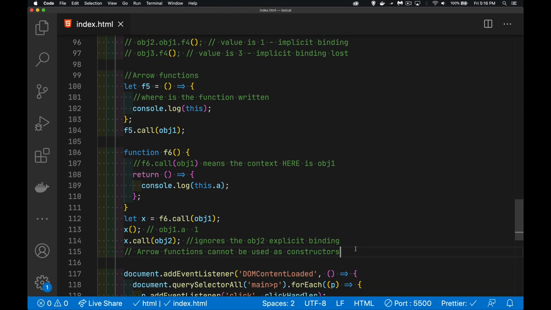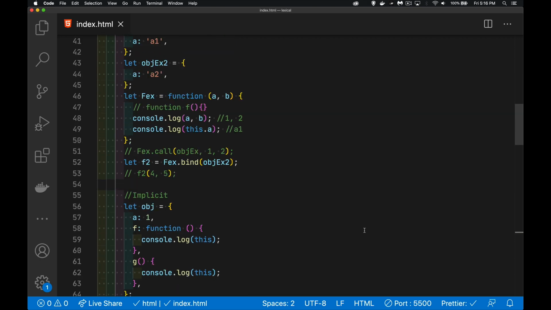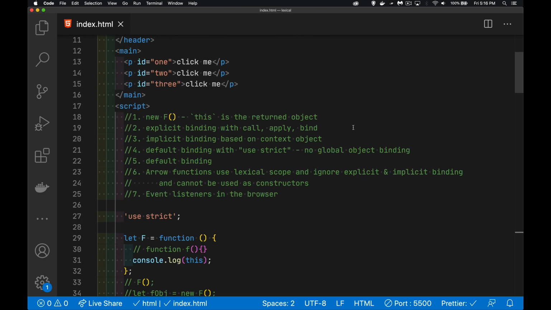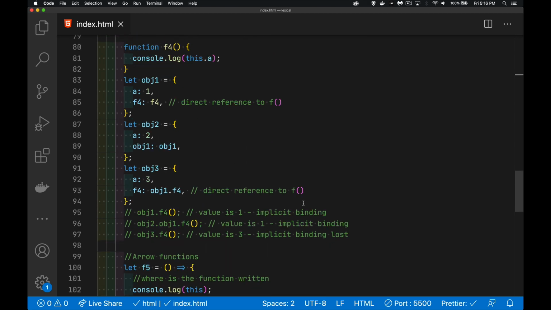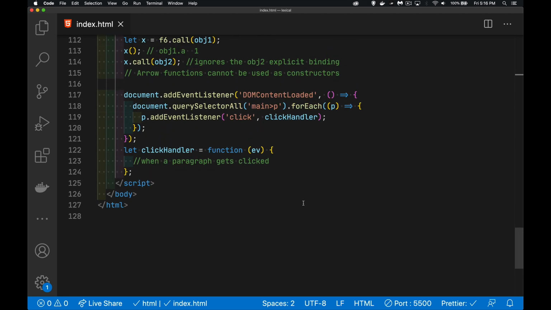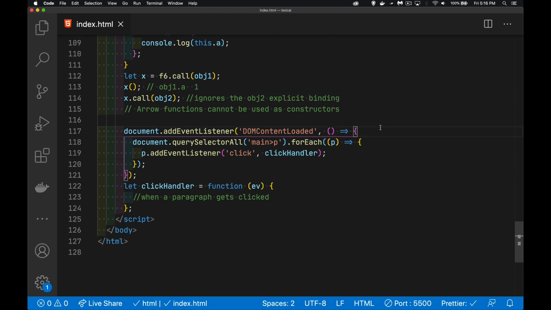Nothing's going to work. All right, so I think we got everything here. We talked about constructors. We talked about explicit binding. We talked about implicit binding and a bunch of permutations of that. Use strict we talked about, the default binding we talked about, arrow functions. We talked about, in the last part, event listeners in the browser. This one's going to be easy now. So down here, what I did was I waited for the DOM content loaded event. I found all the paragraphs inside of main, looped through them, and I added a click handler to each one,